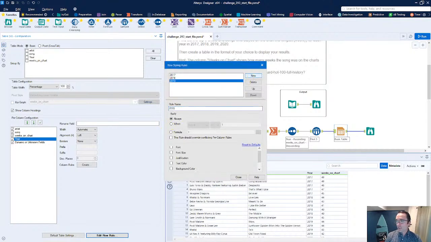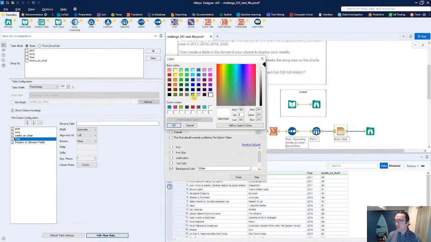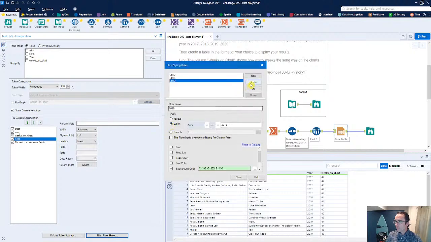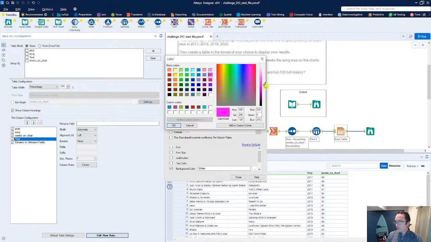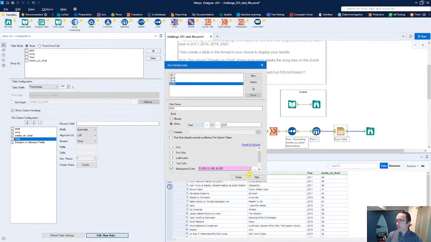Then, of course, 2019. Now, we are doing something a little bit manual in this case. There are some other ways where you could do some groupings, but right out of the gate, this is just a super easy, quick and dirty way to do it. So let's do a green for our next color here, and let's lighten that up a little bit as well. And then finally, one more, 2020, and when the year equals 2020, we'll just update that background color. In this case, let's do something with a little bit more of a purplish color. All right, there we go.